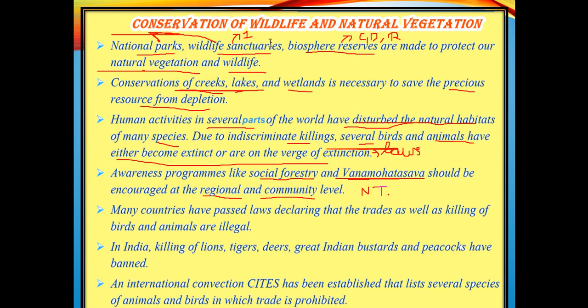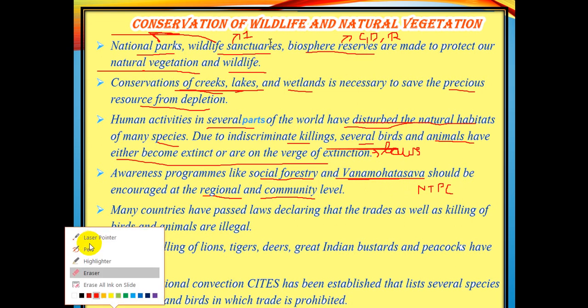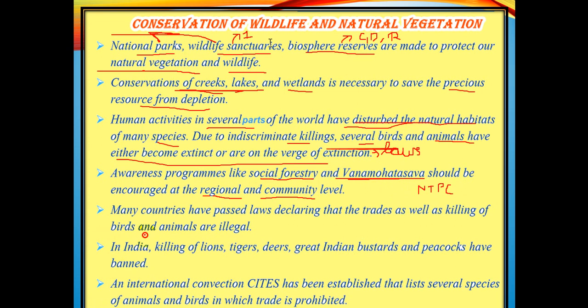And Van Mahotsava means celebrating the festival of afforestation. Now, NTPC means National Thermal Power Corporation, where thermal plants are there, and you know the thermal plants are the most polluting to the environment. So, if they are continuously encircled with green belts, then they can reduce the environmental pollution. Now, many countries have passed laws declaring that trading as well as killing of birds and animals are illegal. Just now I said we have to